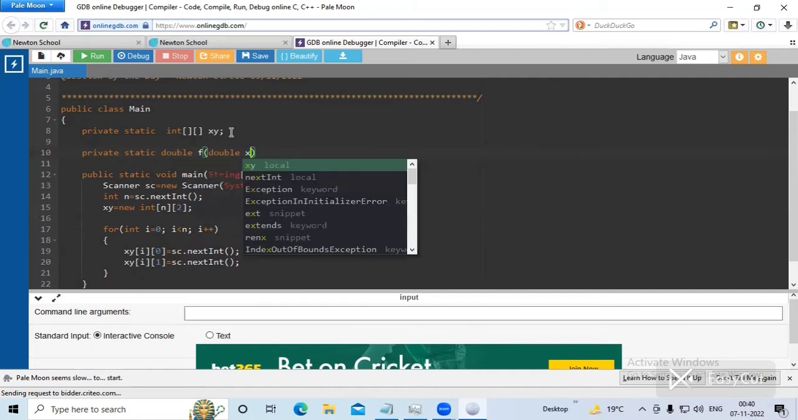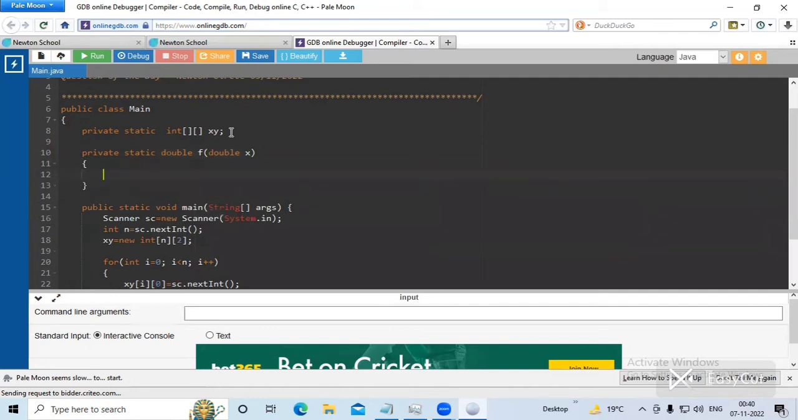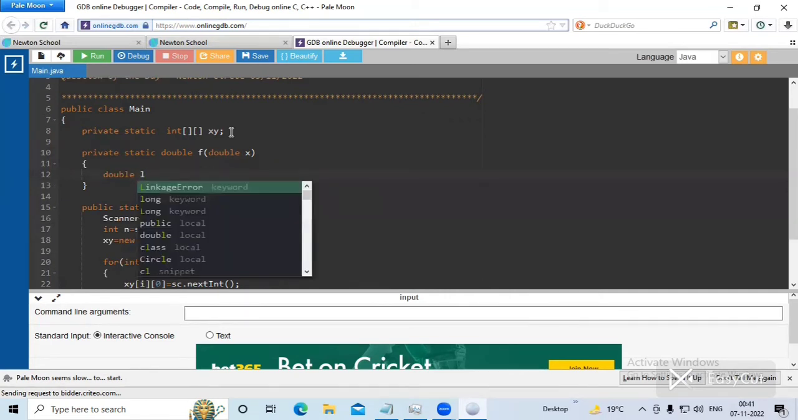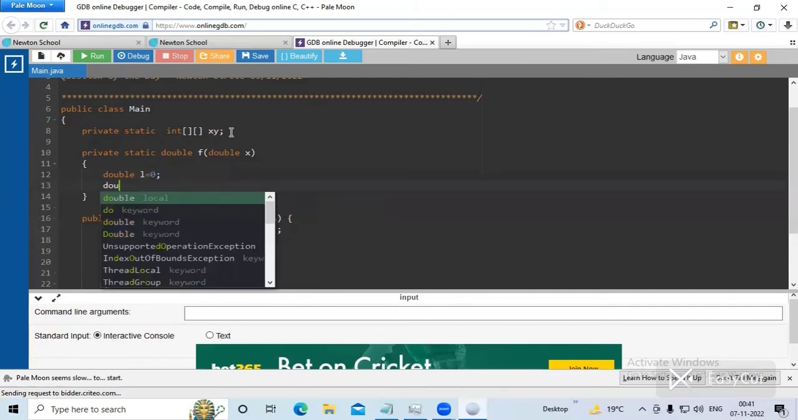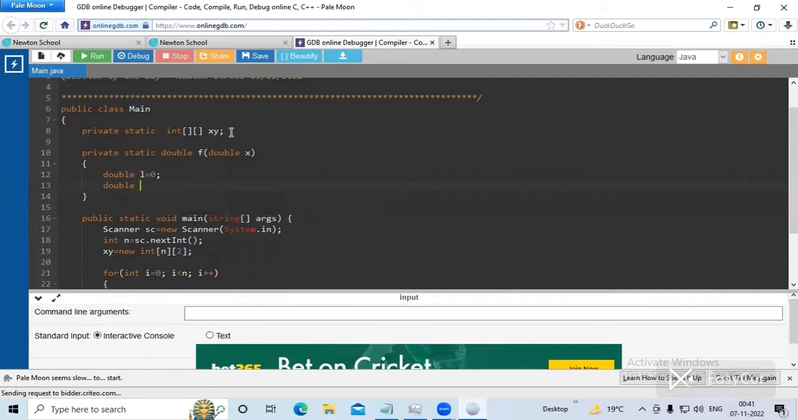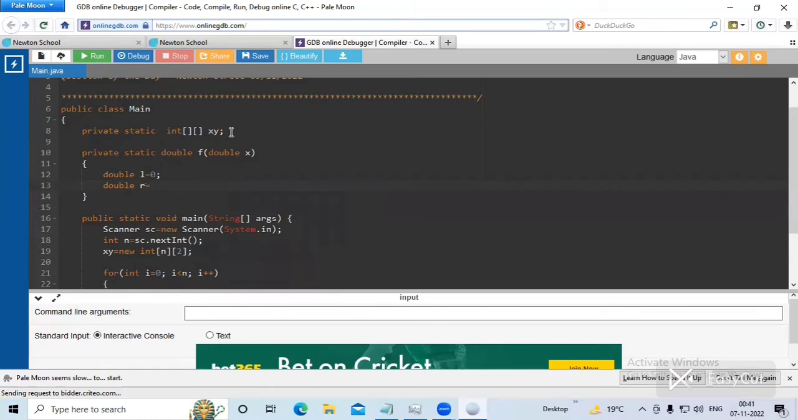Okay, and x, one element. After that, in this function, what we can do is declare the two variables, that is left and right. So let's suppose double l equals 0, we'll initialize it to 0. After that, again we'll write one more variable, that is double r equals, and we'll give the value